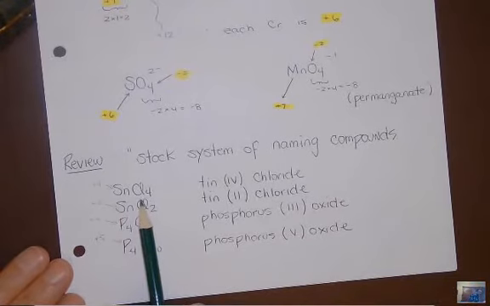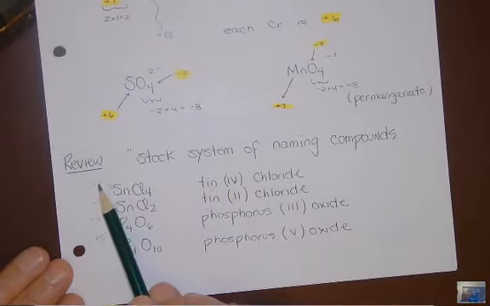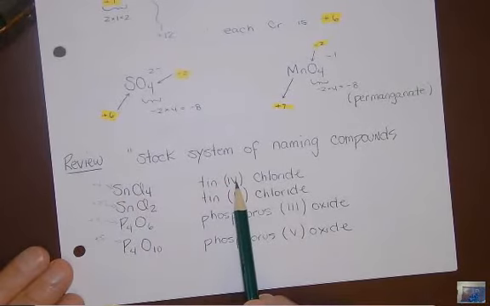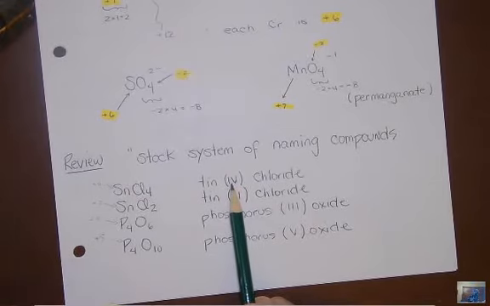This is tin chloride. We'd call it tin Roman numeral 4 chloride. How do I know this? Tin, not lead. How do I know this tin is in the +4 state? Well, I know the tin is in the +4 state because,